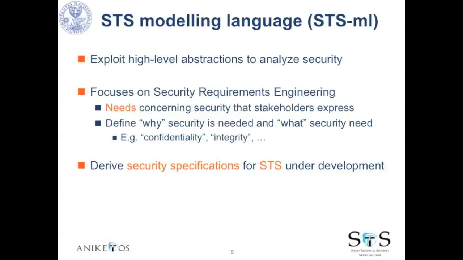As I said, when actors enter an interaction, it's at that moment that they are worried about what to expect from the other party, and if they exchange information, how this information is going to be manipulated. So we allow them to express their needs concerning security when entering the interaction with other parties. And this helps us define why security is needed, because it is related to what the stakeholders want to express